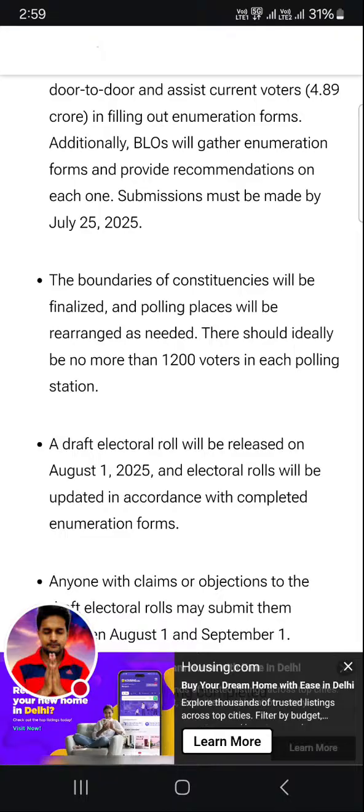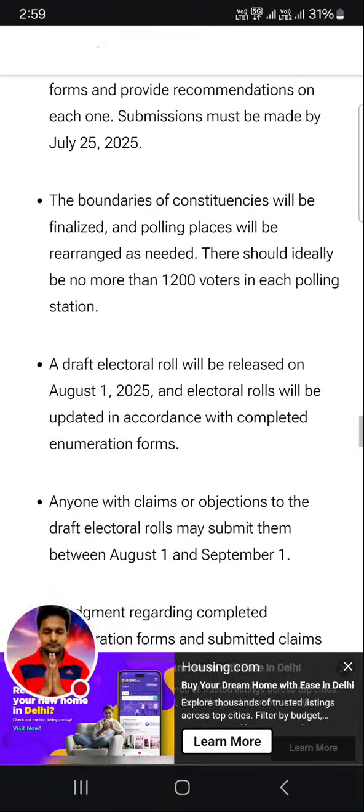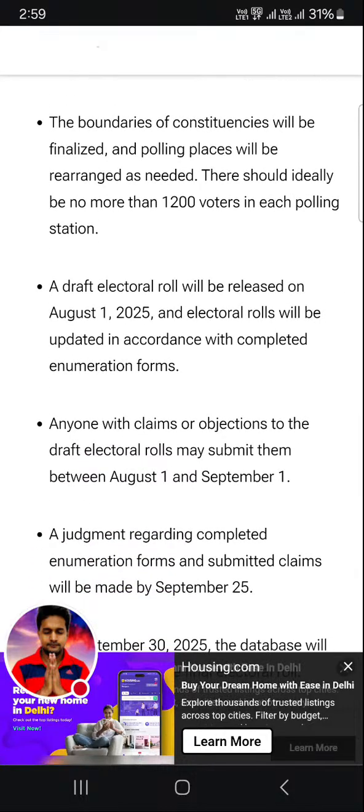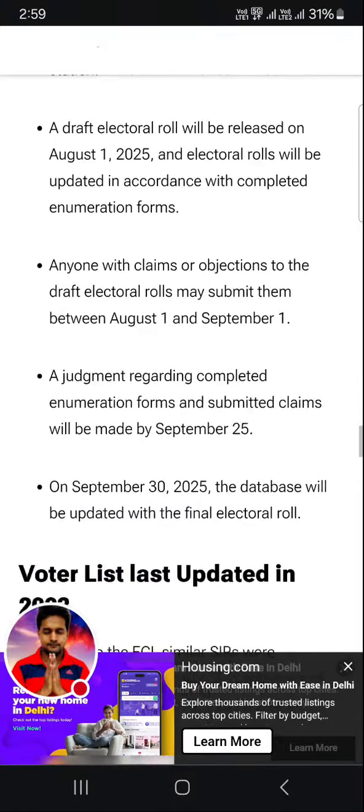The boundaries of constituencies will be finalized, and polling places will be rearranged as needed. There should ideally be no more than 1,200 voters in each polling station. A draft electoral roll will be released on August 1st, 2025, and electoral rolls will be updated in accordance with completed enumeration forms.